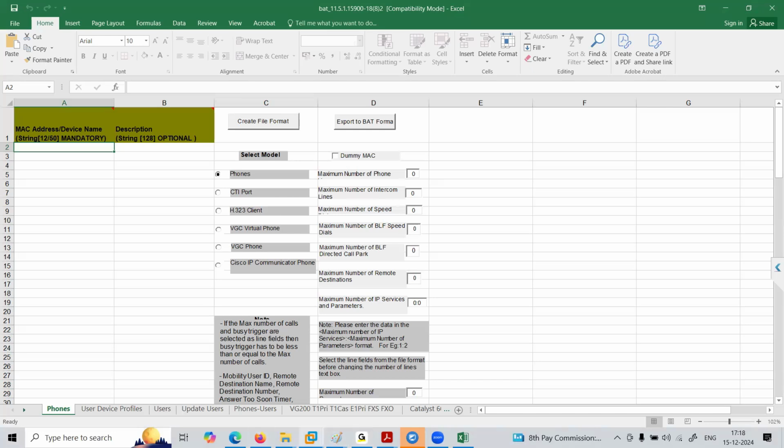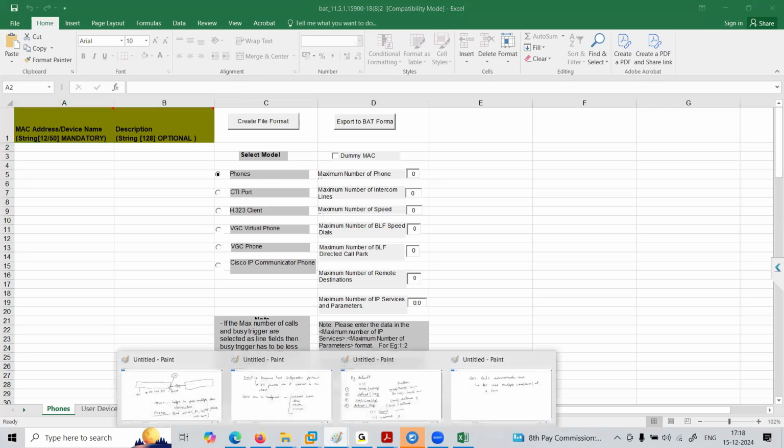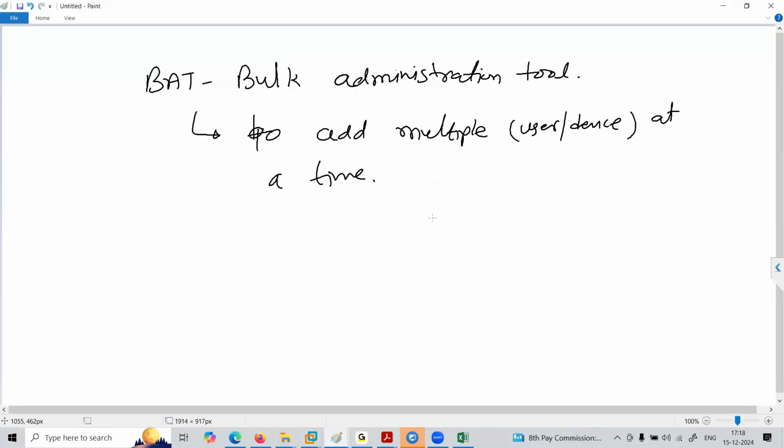If we are going to do the phone registration, then a few things are mandatory. What are the mandatory things? If you remember on the device page, the first one is your MAC address. Second one is your